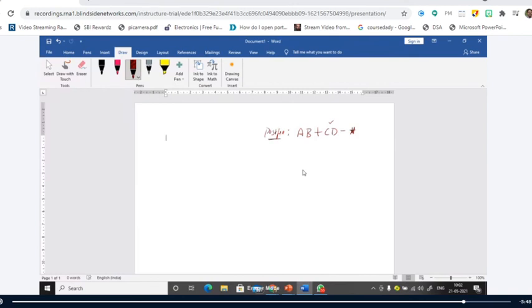And you will be given questions like this. Consider the following postfix expression AB plus CD minus star, and consider the values of A is equal to 10, B is equal to 5, C is equal to 7, and D is equal to 3. You evaluate the postfix expression with these values of A, B, C, D and give the final result. This is how you may be asked the question.